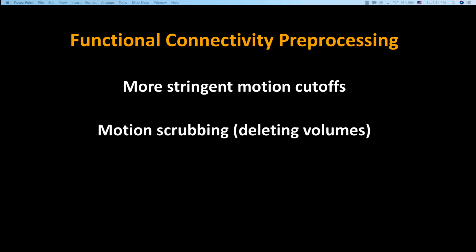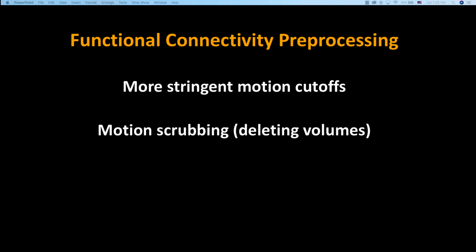So how to deal with this? Traditionally, if you've done task-related analyses before, you get a certain file that indicates how much they've moved in each direction and how much they've rotated. In addition, if somebody has moved a little bit too much during a certain snapshot, you have options to account for it. One is to pretend like it never existed. You snip it out, remove it, set it aside. You splice the rest of the time series together and interpolate it as though it just never existed. It's one option. Another one is called motion